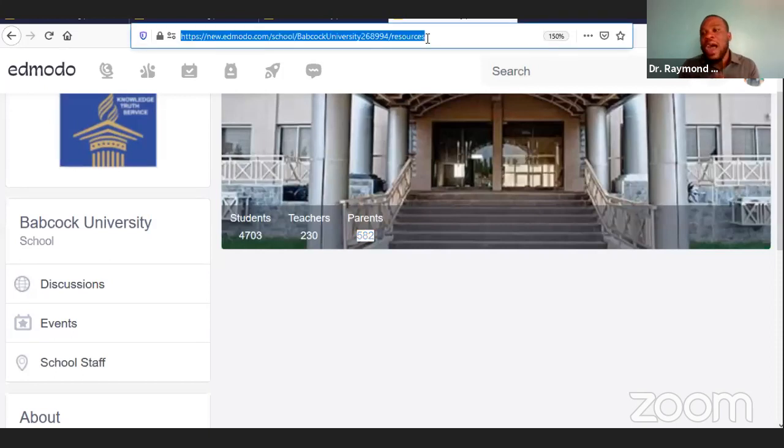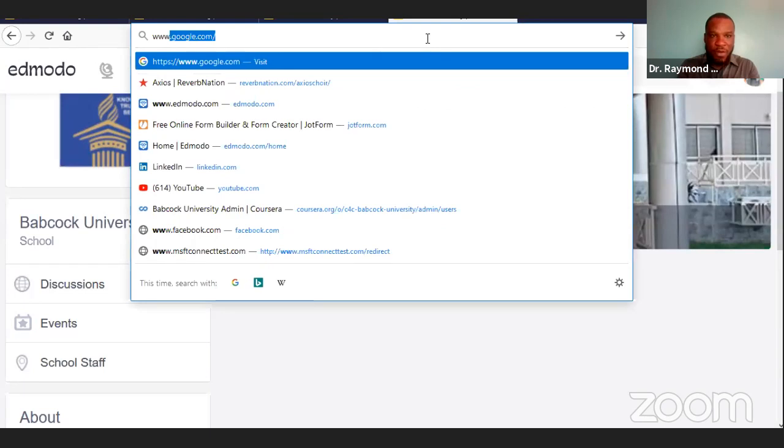So now if you're having an Edmodo account before now, you don't need to sign up anymore. All we have to do is to make sure we push you to the Babcock domain so you can enjoy the dividends of the LMS platform. So if you have not signed up before, I'm just going to do that, and then we'll get on with this within the next few minutes. So I'm going to